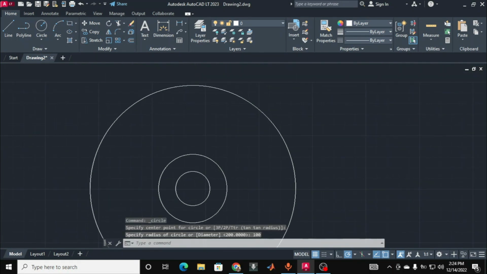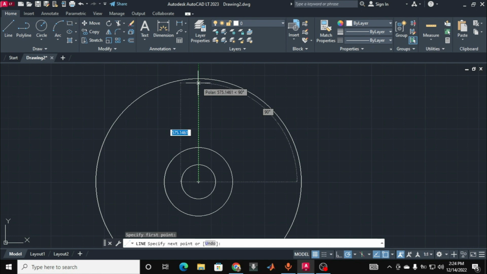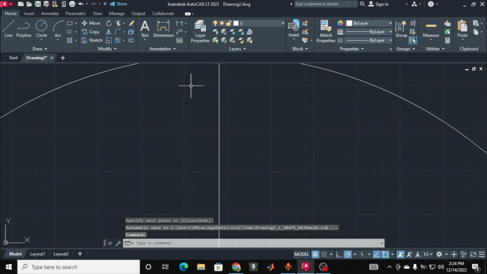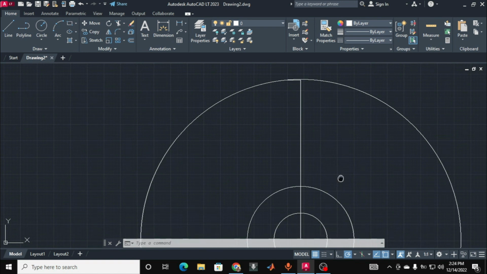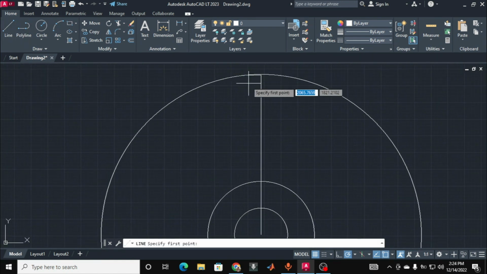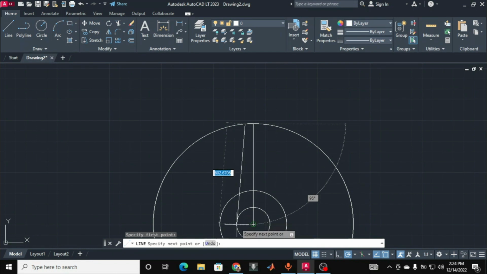Here we have it. After this, you can draw a line from this center upwards up to a length of 598, let's say. Enter, and after that you can just intersect it on the circle, enter. So it looks something like this. And then what you can do is you can select a line and then specify the first point on the point of intersection. From there you can extend this line up to the center level, okay,